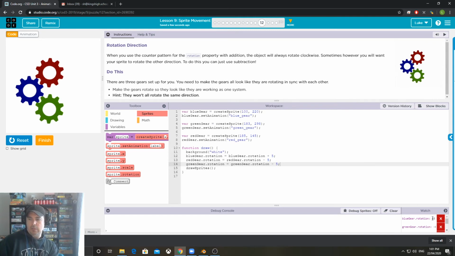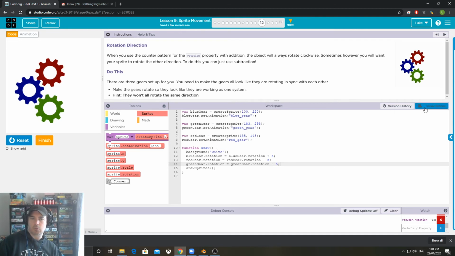And you can see the variables down here. The rotation is going up for the blue gear, because blue gear dot rotation equals blue gear dot rotation plus 5. If I scroll down, I can see the other ones are going into negative numbers in there. So you can keep track of what different values are doing down there. If I go back to the blocks,